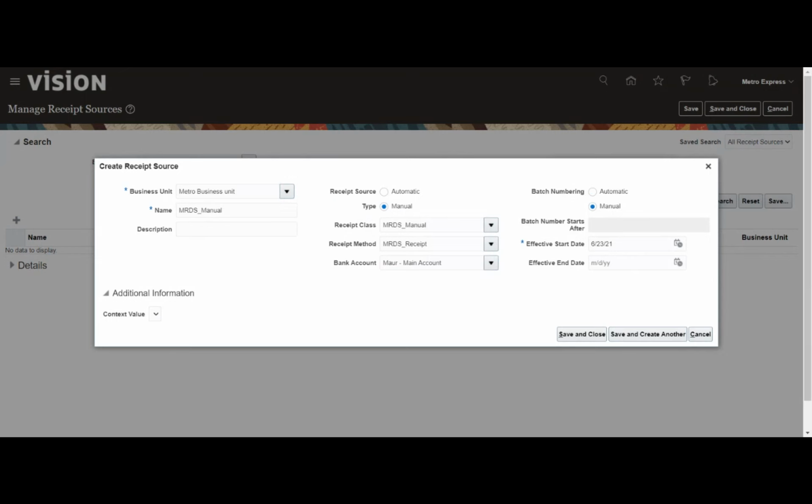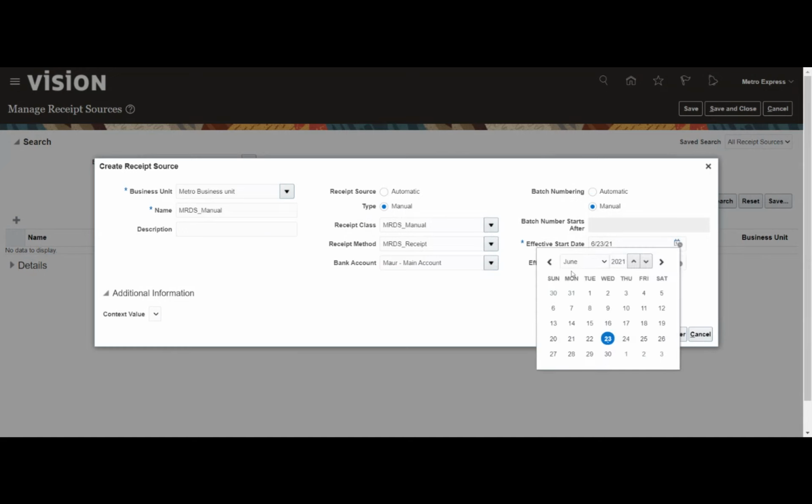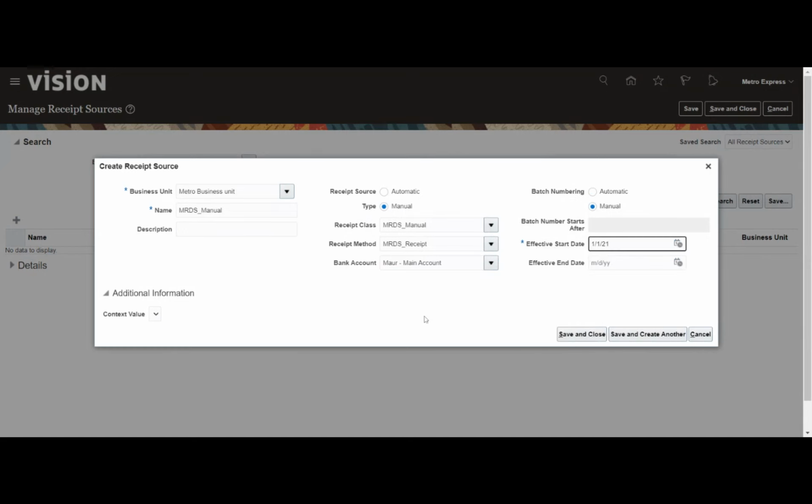That is the reason I'm giving this as manual. Whereas for the invoice it is different. So let me create this as manual and change the effective date, and we are good with the setup for the receipt source as well.